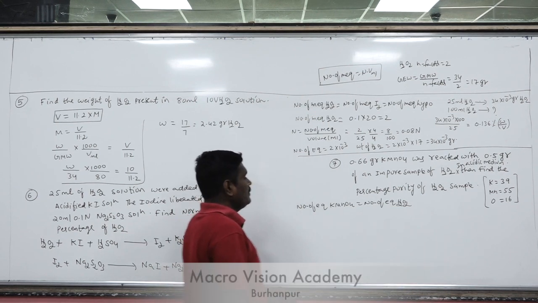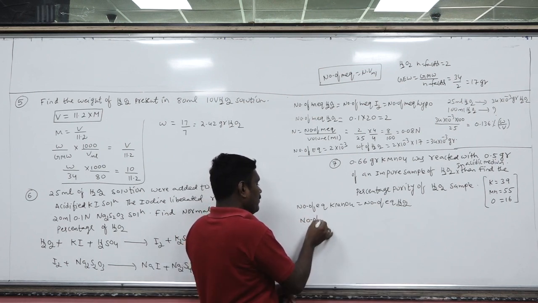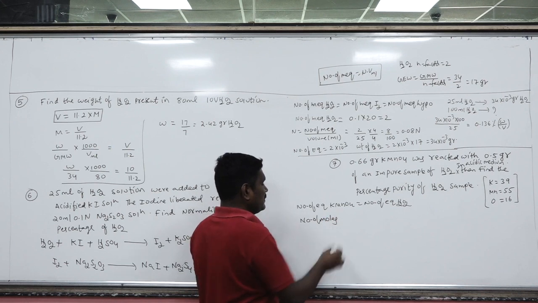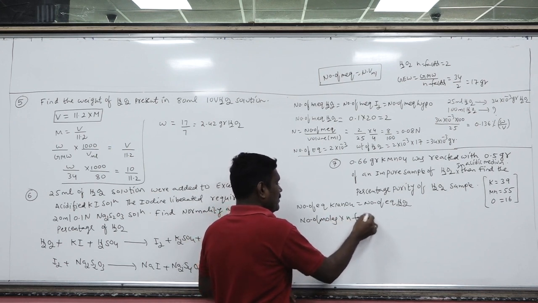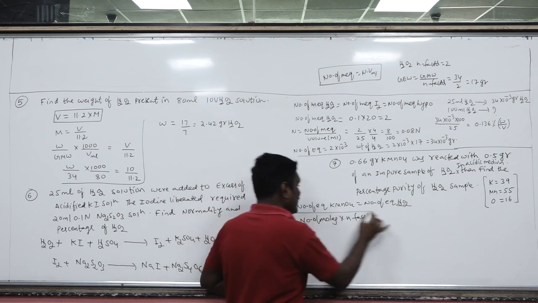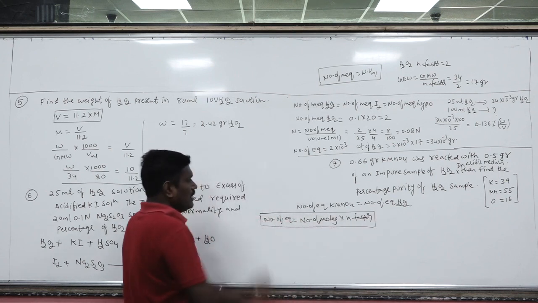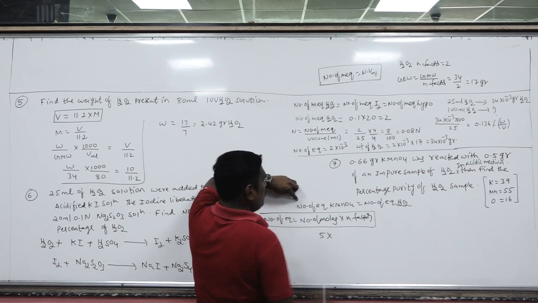Okay. Now the number of equivalents is equal to, shall I write, number of moles into n factor? Yes. Now the number of equivalents of KMnO4, the number of moles of KMnO4